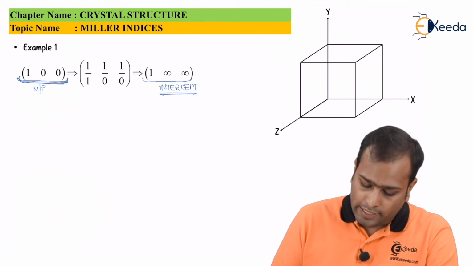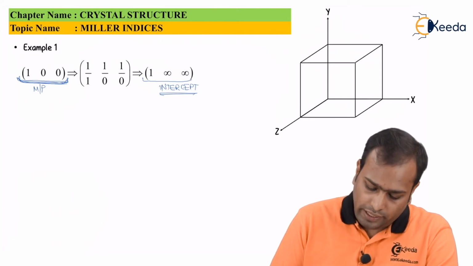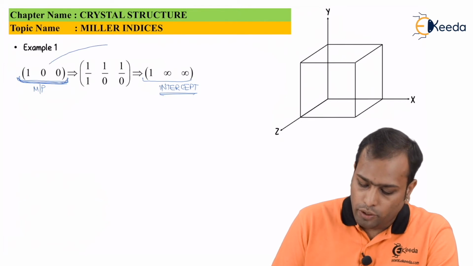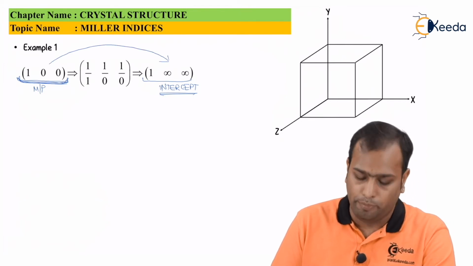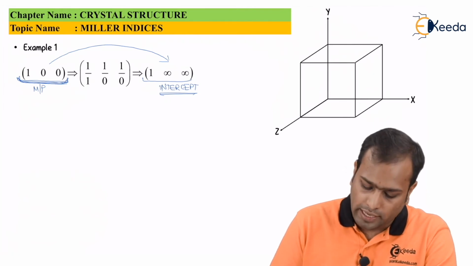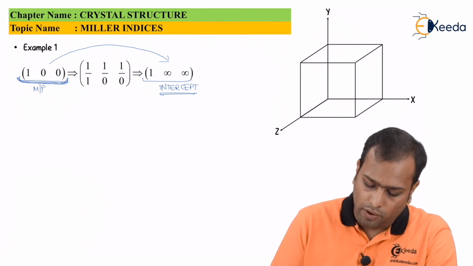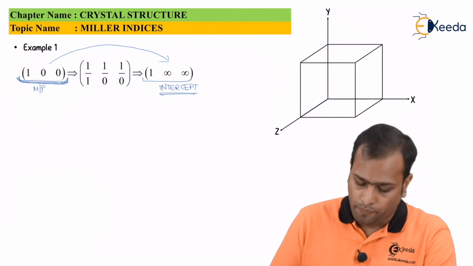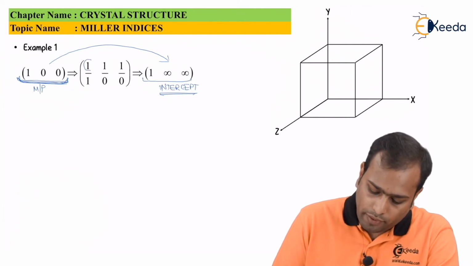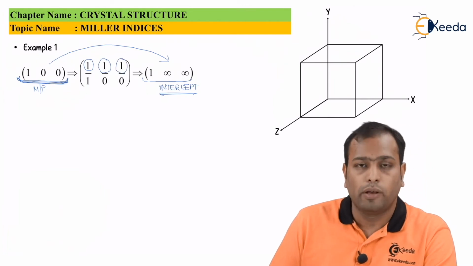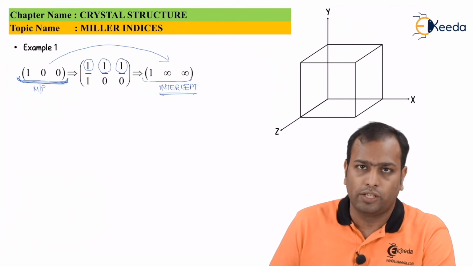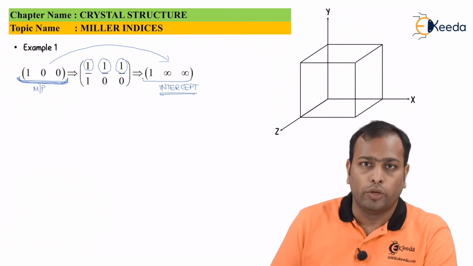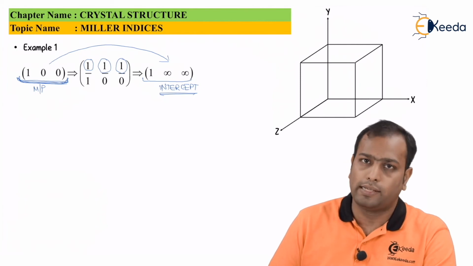Now, as you can see, how do we get from the Miller plane to the intercept? Well, the way is very simple. First, you need to take the reciprocal of the Miller plane coordinates. As you can see, I have taken 1 upon 1, 1 upon 0 and 1 upon 0 also. Now, why this 1? The reason is that we are considering a unit cell having unit dimension, or I can say unit length on the x-axis, y-axis and z-axis.